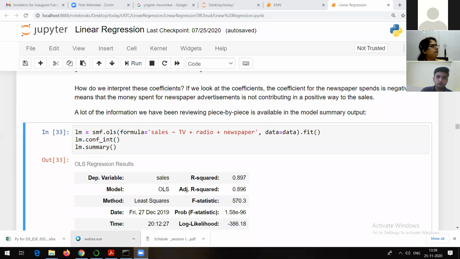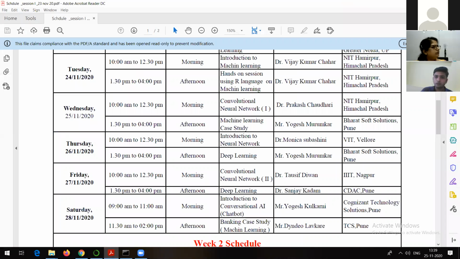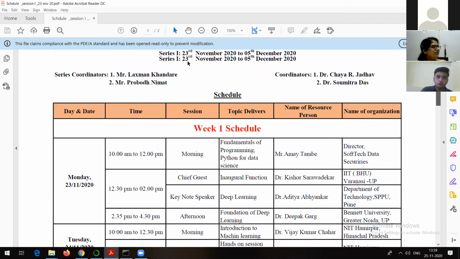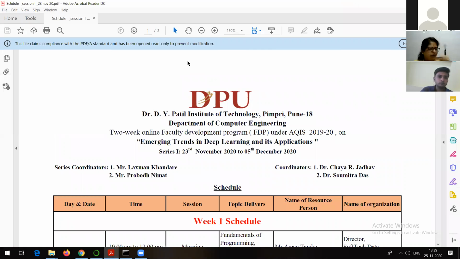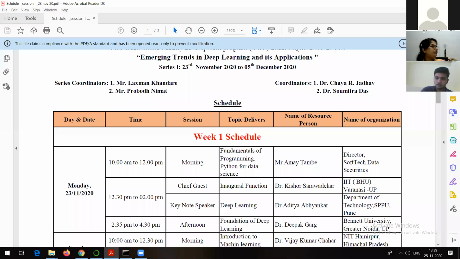I had a look at the topics of the previous sessions in these 2 weeks of FDP. I hope you are already aware about these things. The topics like fundamentals of programming and specifically Python for data science are done, right? Then I think you already have a basic idea about deep learning.